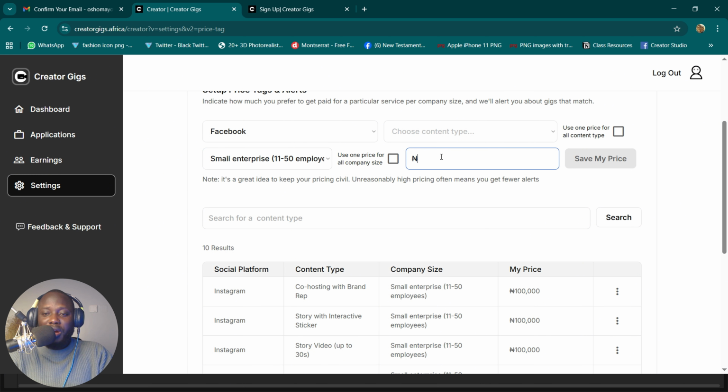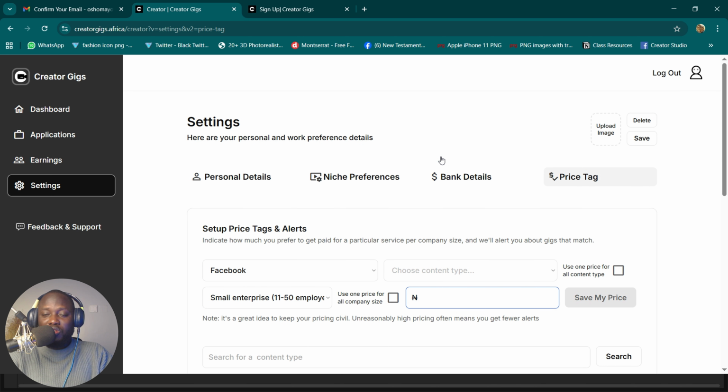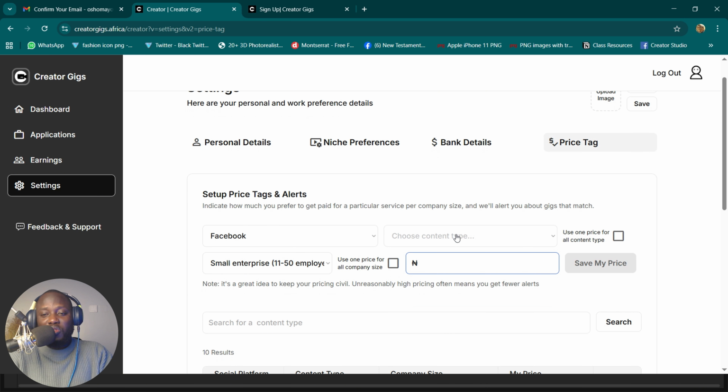If you just use one price for all, for some people it's easy, for some people it's harder, but try to keep it civil. Don't just put 200,000, 500,000, 700,000 when you know you should not be charging more than 50,000 naira, 30,000 naira. It's actually not going to work well for you. Putting that price is also not going to go well for you, because by the time companies set up gigs on the platform, you will not be alerted to it because you set up a price that companies don't want at your size. Even by the time you apply to jobs and they look at you and they say,